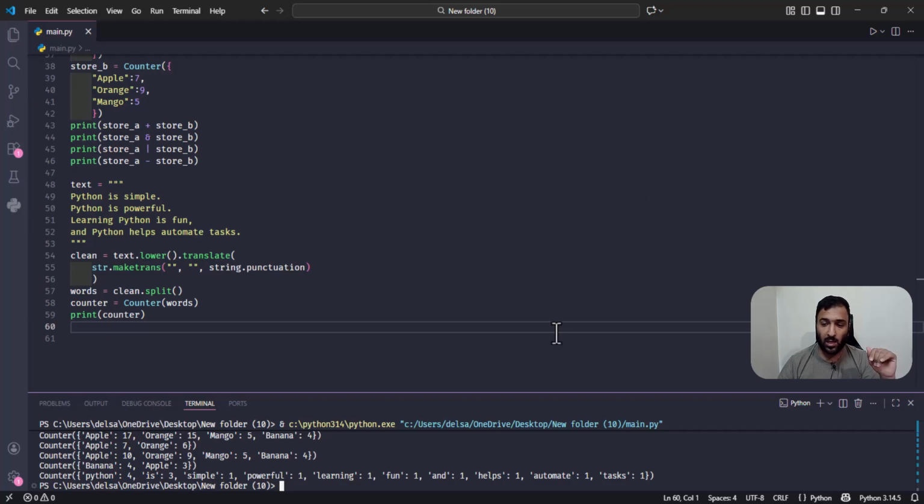Now, it's your turn. Download any article from the internet, count every word, remove punctuation, convert everything to lowercase, then display the 5 most common words. If you can build that project, you've